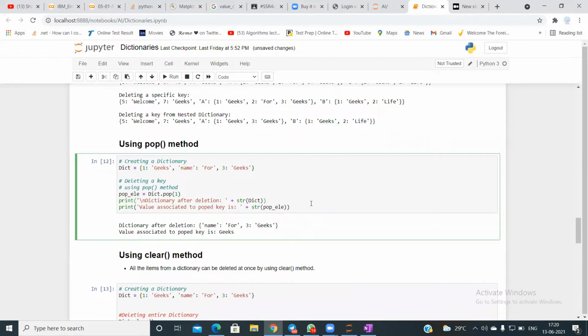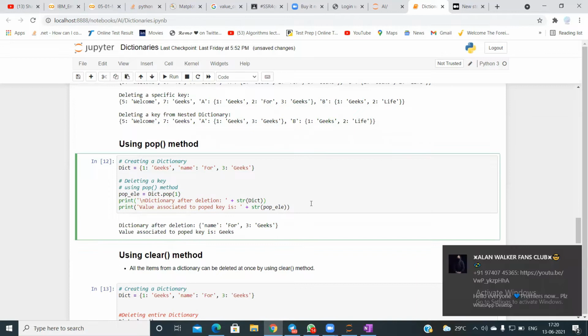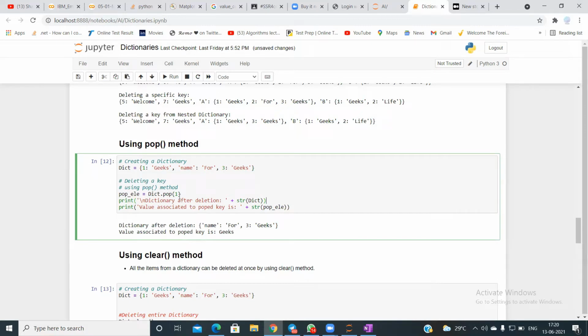So as I said, in yesterday's class, for pop you need to pass some argument. For a list it was the element, but for a dictionary, it is a key.